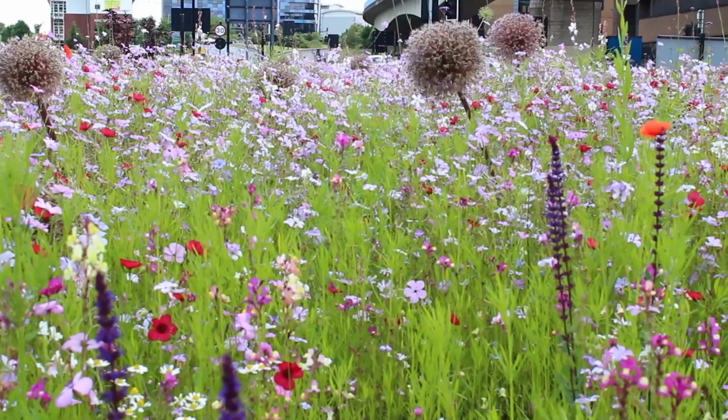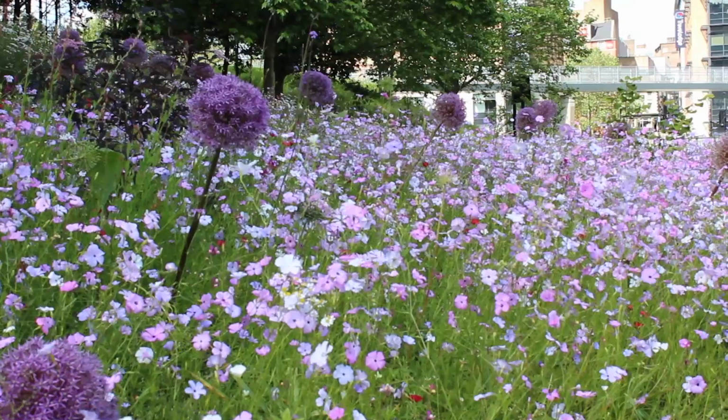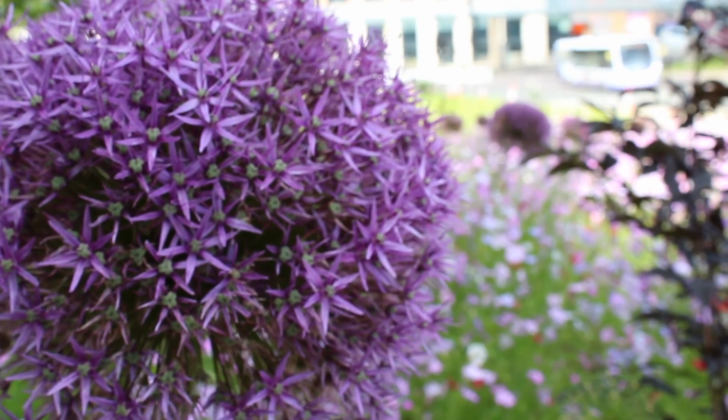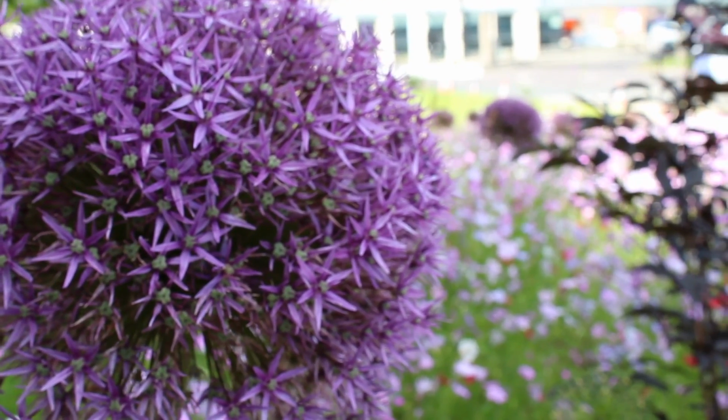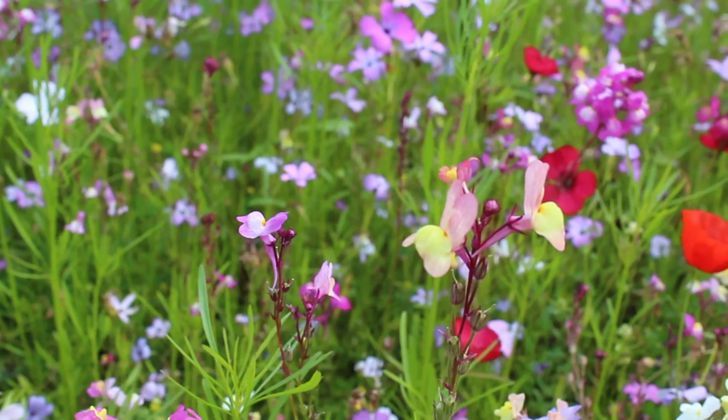This project is really addressing all of these problems and the opportunities of working on a really urban site like this by taking low-cost, really robust approaches which maximise the visual impact. I call it high-impact, low-input planting. It's very cheap to do, it's actually very simple. The planting that's been used here is a mixture of Pictorial Meadows, perennials, annuals, bulbs and shrubs. Mixing them together gives this high visual impact, which you can see, which provides long flowering right throughout the growing